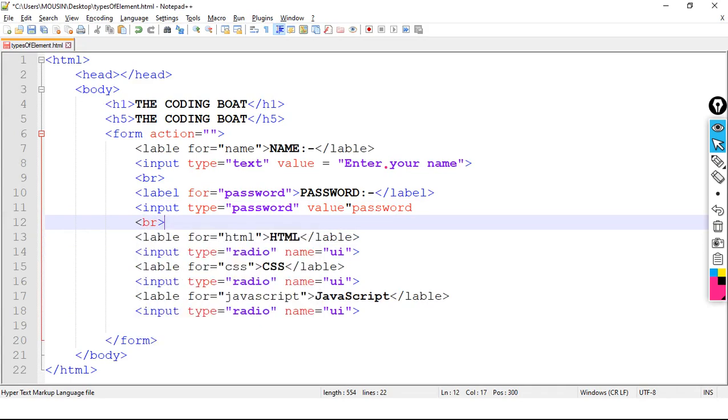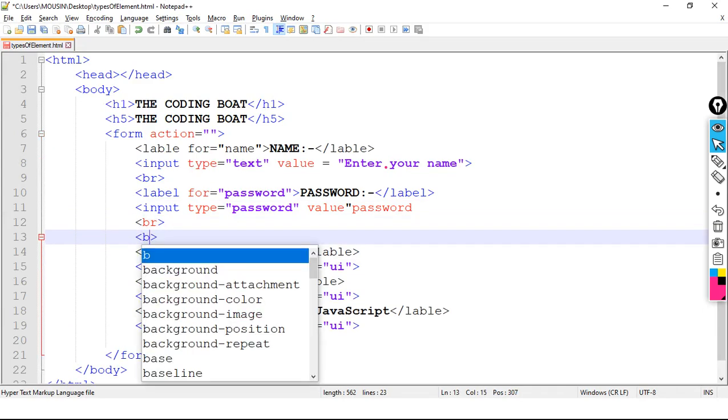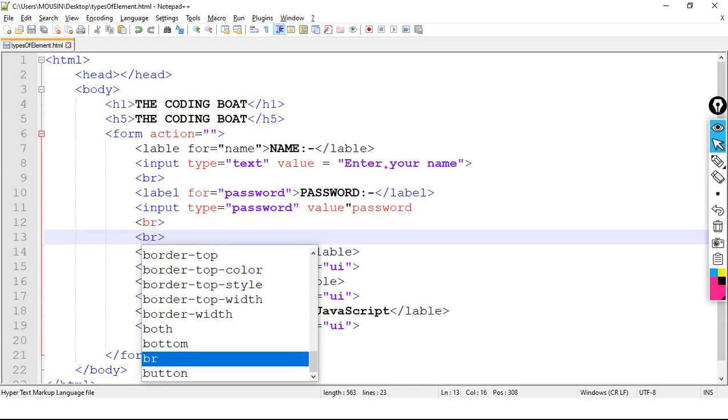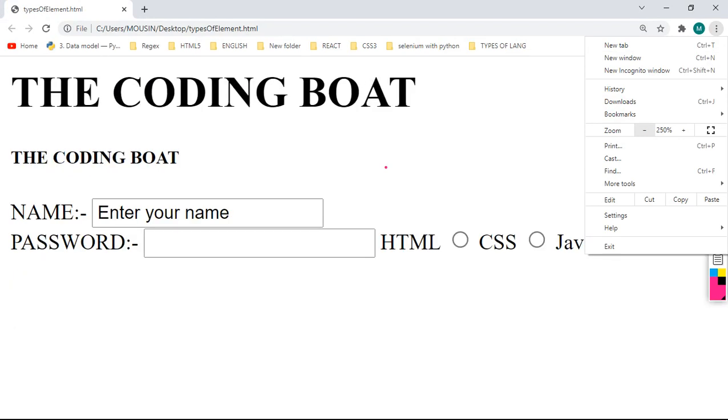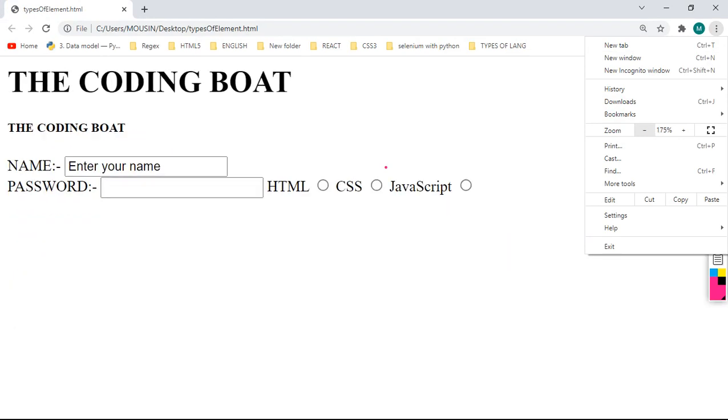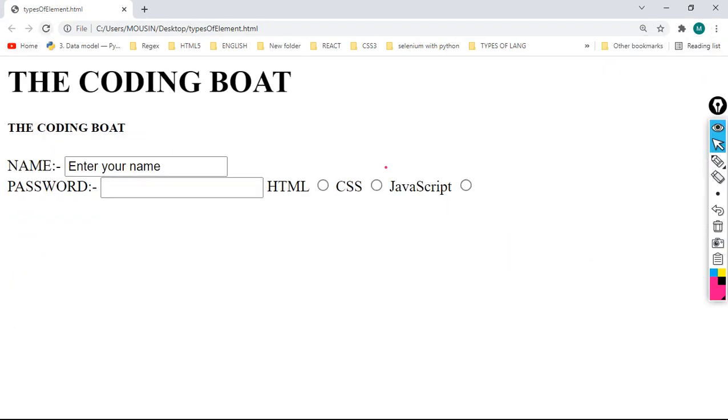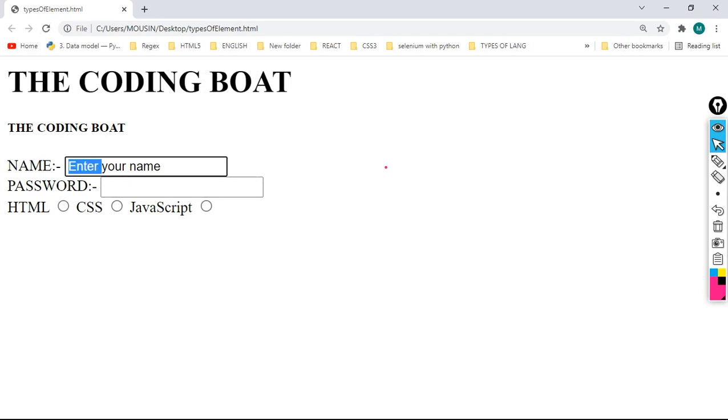We will take two br tags for proper formatting of the web page, and I am reducing the size for better understanding. Here refresh. See here the coding board, enter your name, Mohsin, password, okay, and then whether you want HTML or CSS or JavaScript.